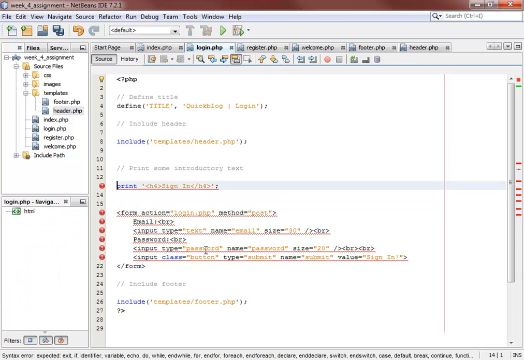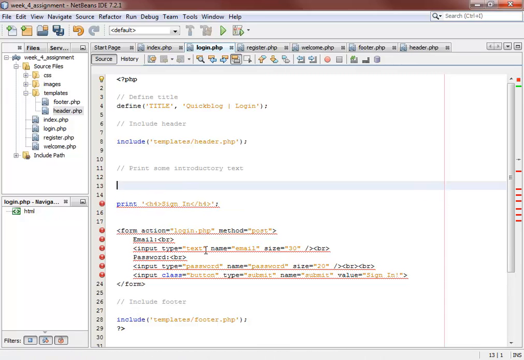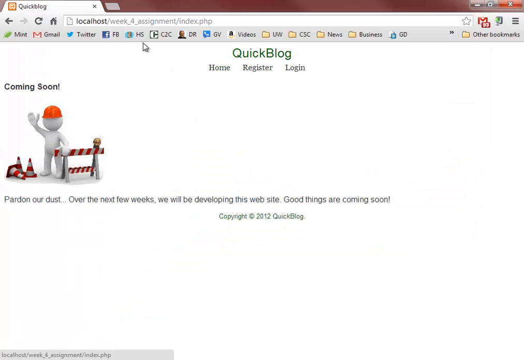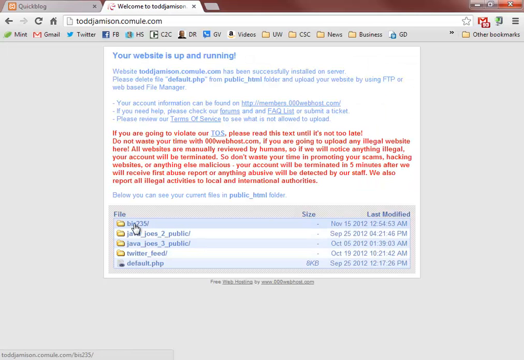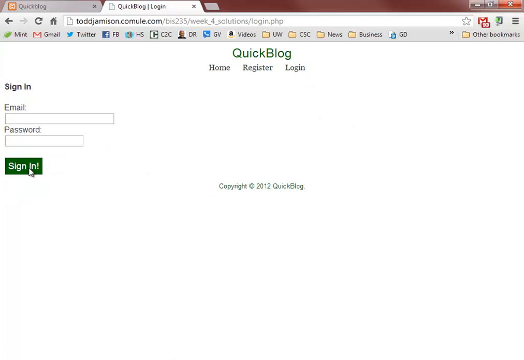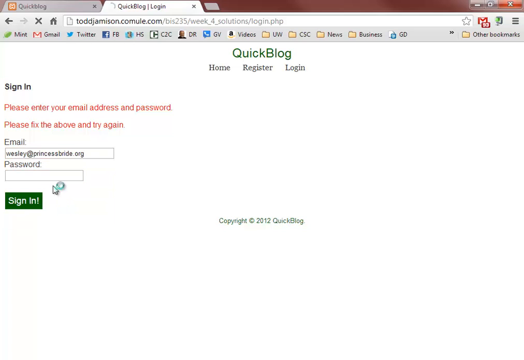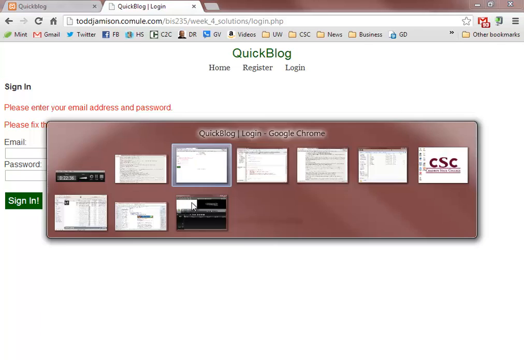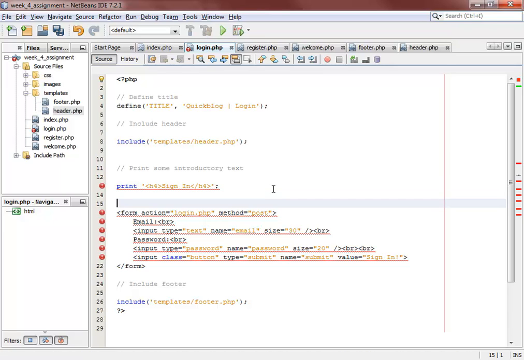Let me check something real quick, to see exactly how I had you do this. Okay, so we're always printing out the sign in at the top. So right after where I say print sign in,